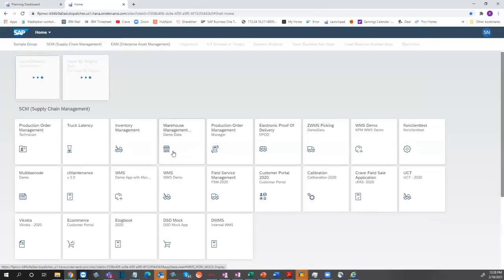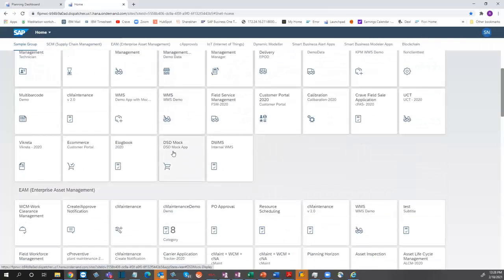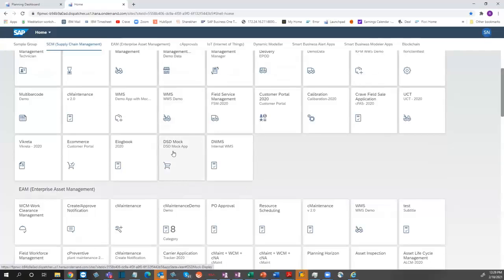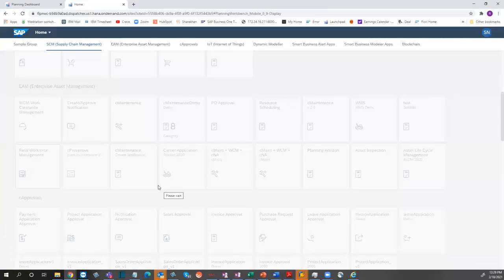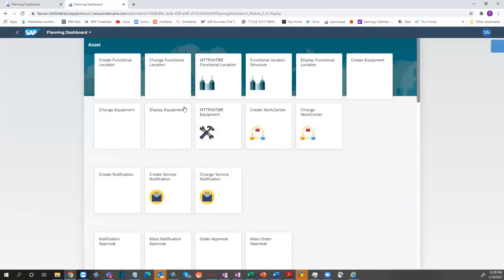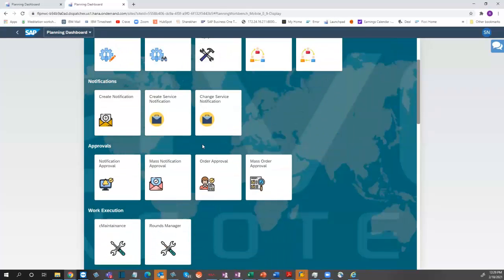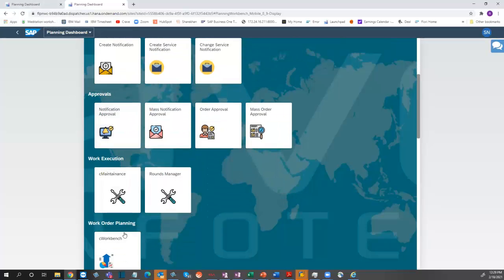I'm going to go back to the screen. So these are all different, role-based. All these tiles here are role-based. Depending upon the role, I will only see whatever I'm authorized to. If I'm only creating notifications, I'll see create notification. If I'm approving, I'll see approvals, or both of them. So once we have seen create notification, approvals, and we have done the planning,